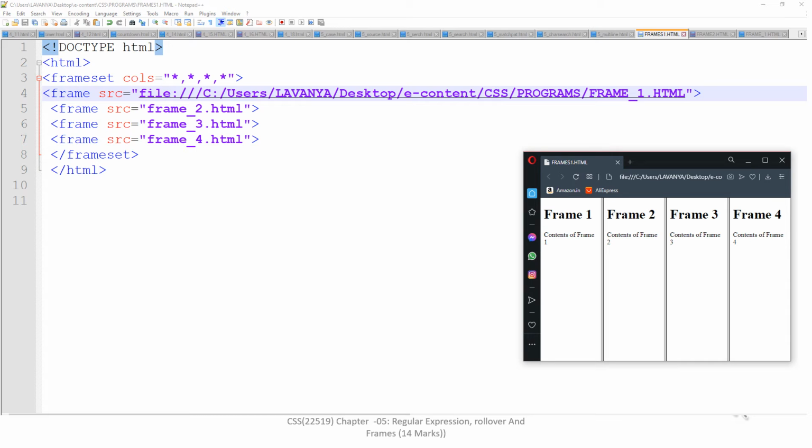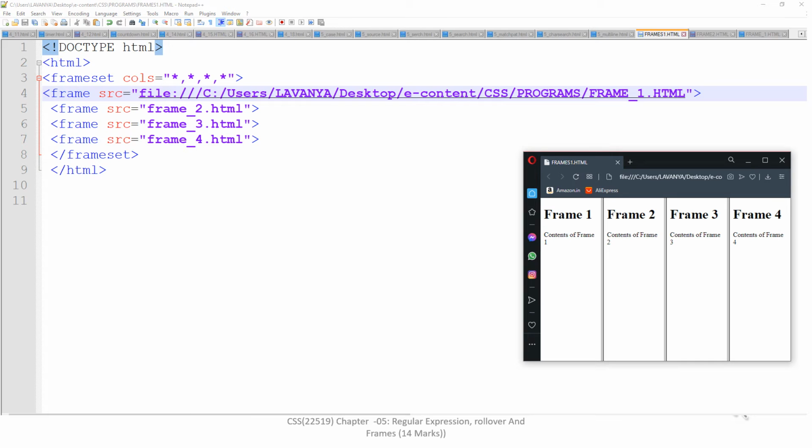In the previous slide we have seen that we have already created 4 documents. So in this there is the first document, frame 1, then frame src equal to frame2.html, frame src equal to frame3.html, frame src equal to frame4.html, and the end of the frameset tag and the end of the HTML tag.